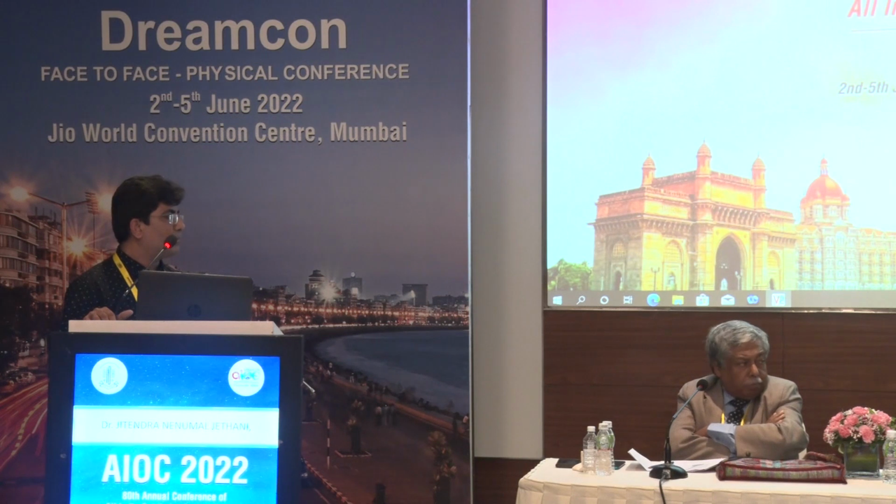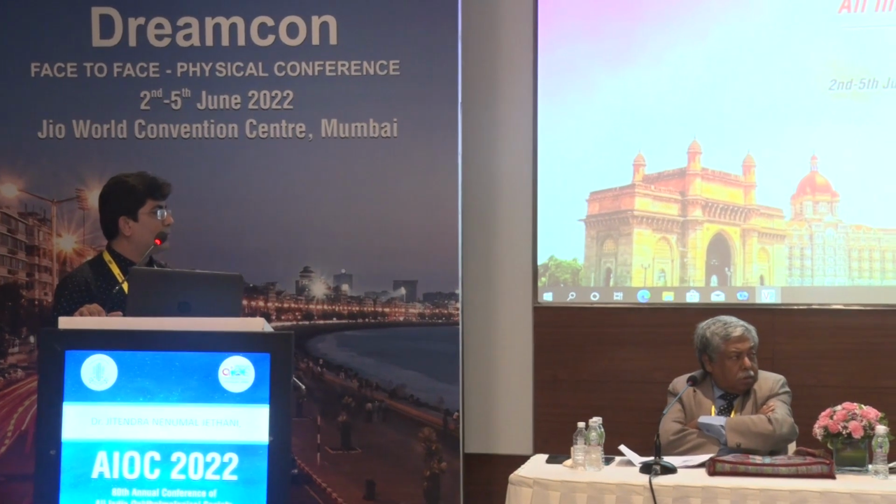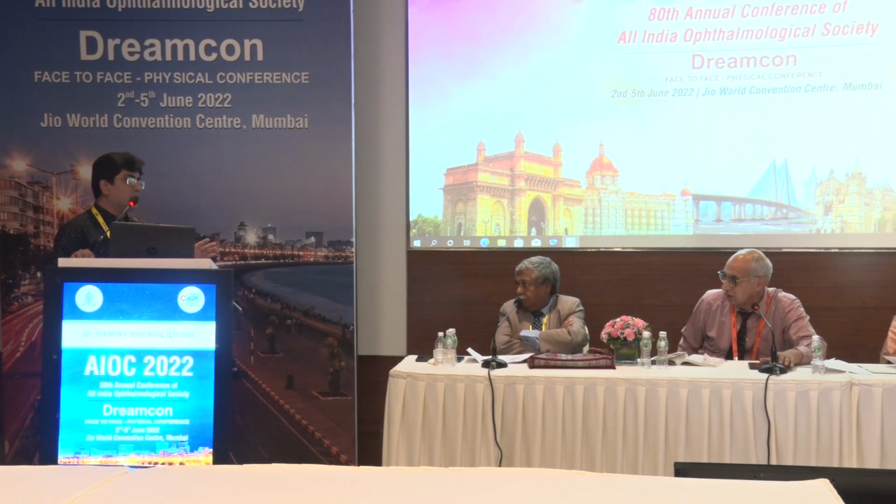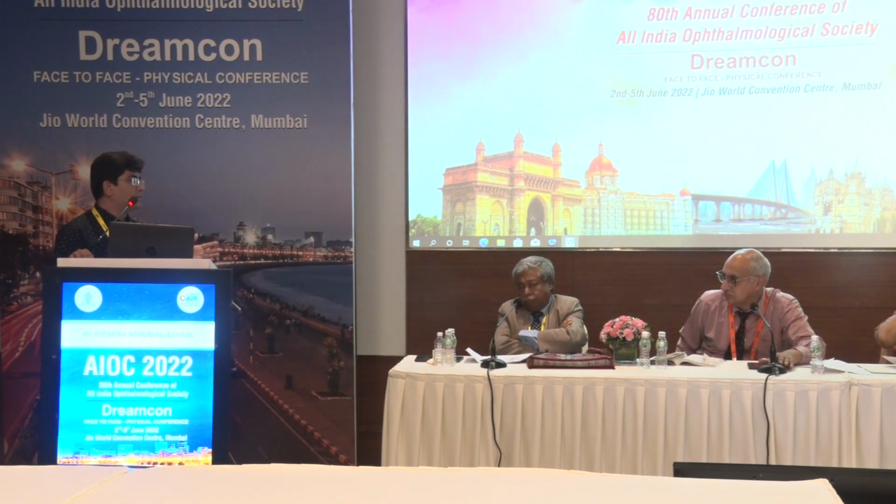Well, I'll be interested in anisometropes. Is there any study to show if, say, one eye is -4, the other eye is -2, and you're using myopin, what the regression would be? We have not really looked into the anisometropes, although we do use it in anisometropes, not gross anisometropes, but we have not really looked into the data of anisometropes. Thank you very much.